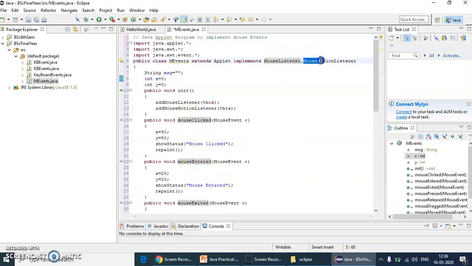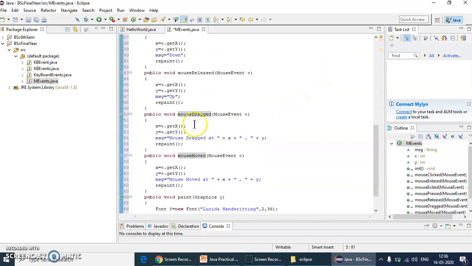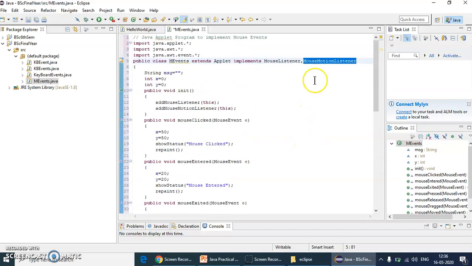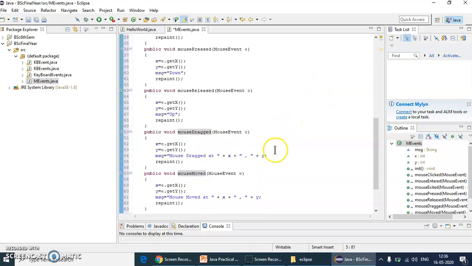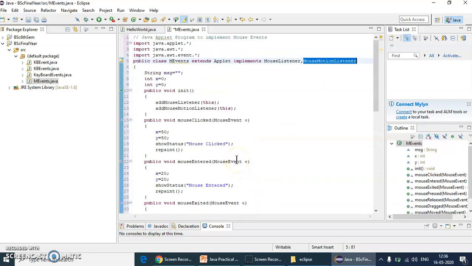Similarly, select MouseMotionListener so that automatically mouseDragged and mouseMoved are selected. That is, these two are the methods that are available inside the MouseMotionListener interface, and we need to implement all these methods to handle the mouse actions, mouse operations.